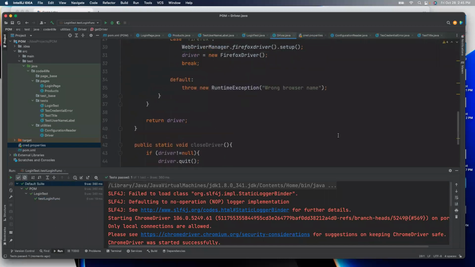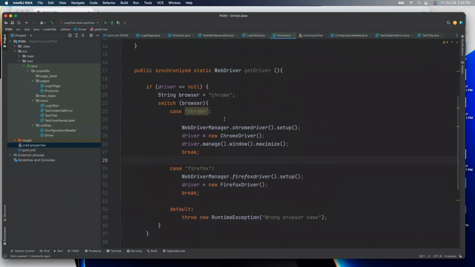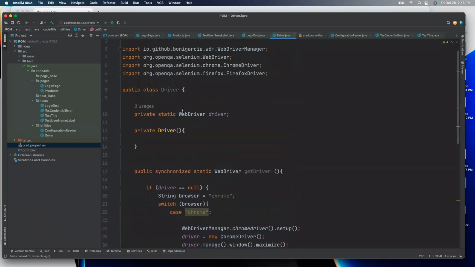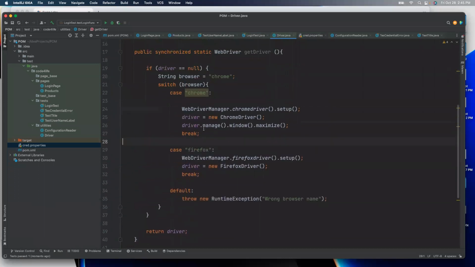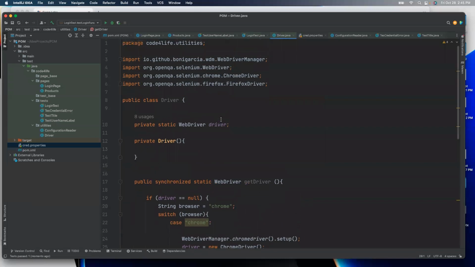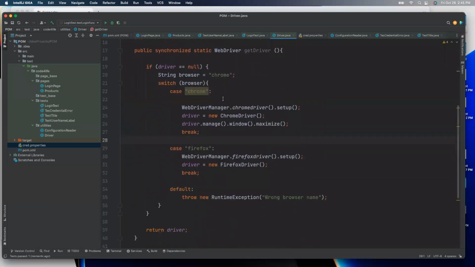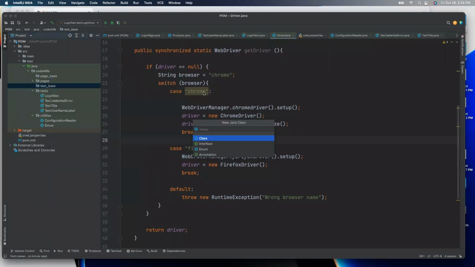And as I said, we also successfully created another method to construct the WebDriver, so that we don't do it over and over. So right now, if you want to implement this, how can we do that? As I told you, we don't want to repeat this before and after method over and over. So in that case, we can create a class, and let's call this class